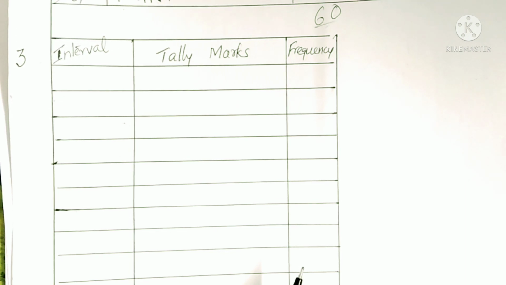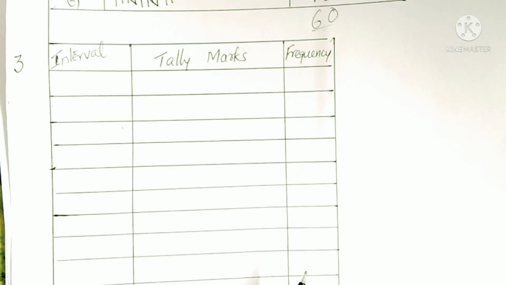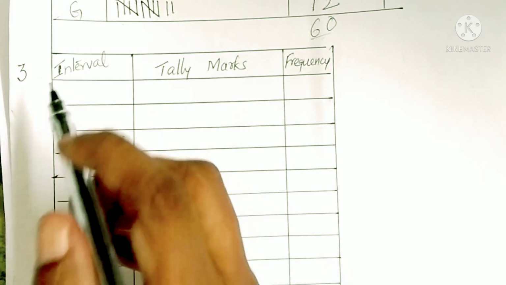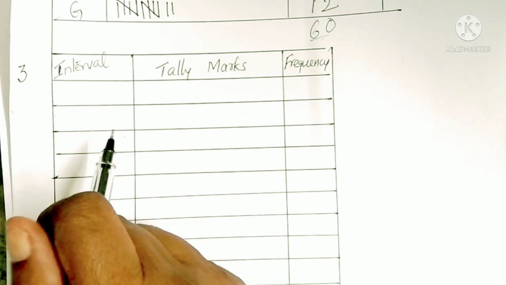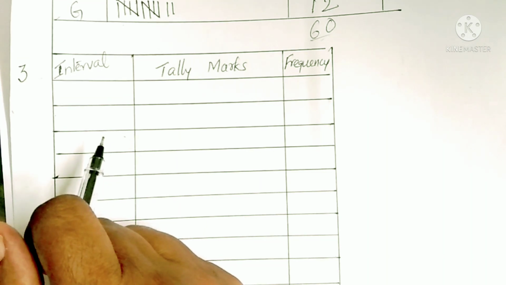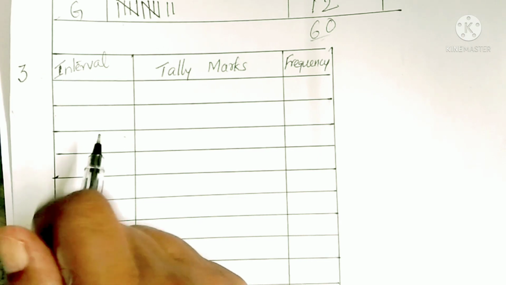So when you make intervals, it is difficult to start at 804. So we can take 800, since 890 is there, and we can make